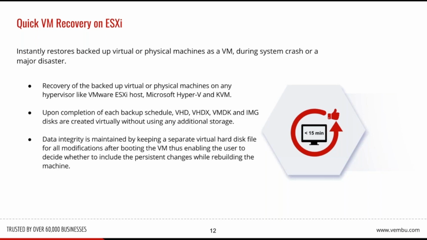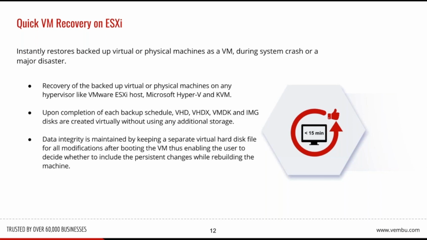But from version 3.9 onwards, you can back up physical machines, Hyper-V VMs or Windows VMs running on any hypervisor, and instantly boot them from the user interface with a single click on an ESXi host. Earlier, you needed to follow a few manual steps to boot all those backed up Hyper-V or Windows servers. But right now, from the user interface, with a single click, you can instantly boot them as a VM